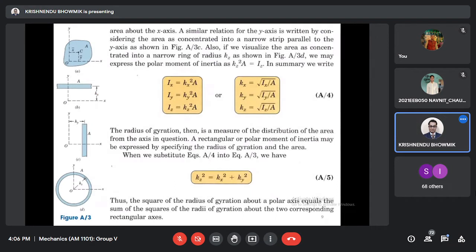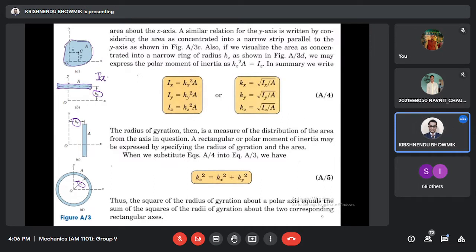So this is the total area initially. Say this is the area I want to calculate, such that imagine that it is parallel to the x-axis and it is cut out. It is infinitely long. Area is the same and distance is kx. Here it is ky. Here it is kz. It is our imagination. We want to calculate the way this area has been distributed from the axis. If we can assume that these are the equivalent, so this is a very small strip,